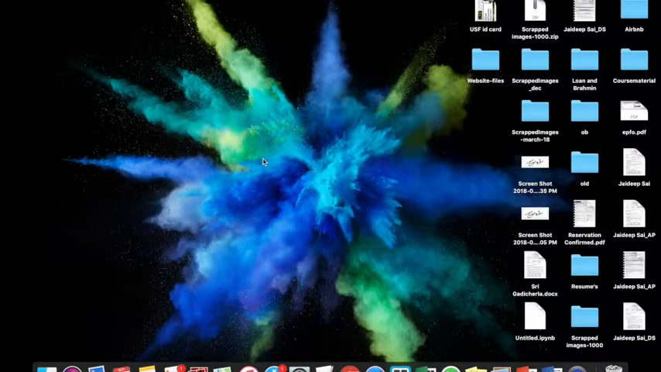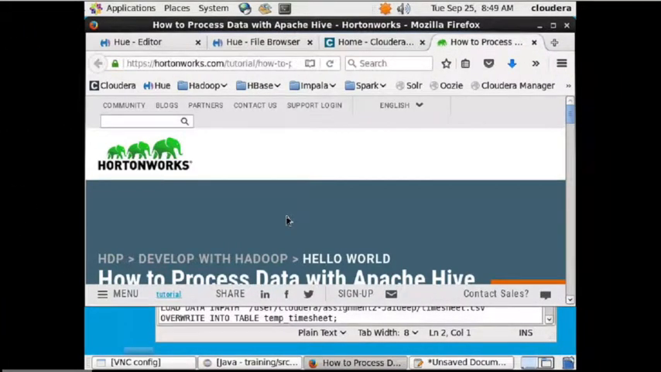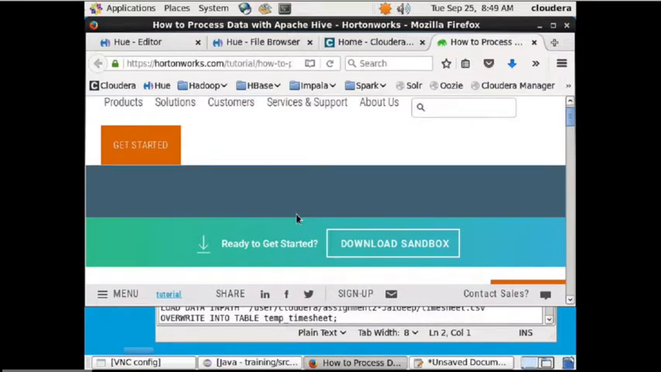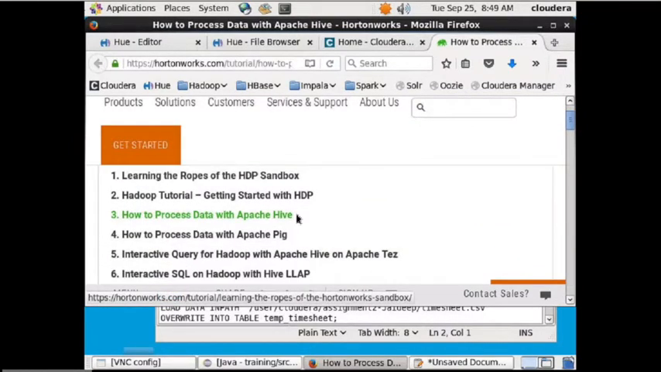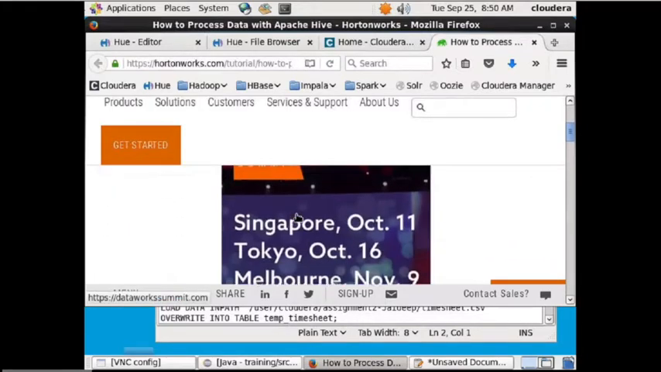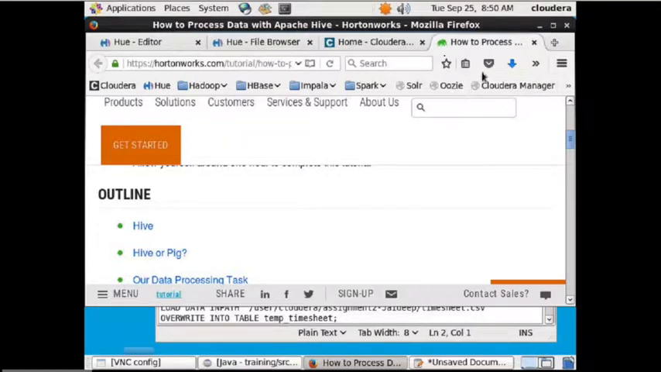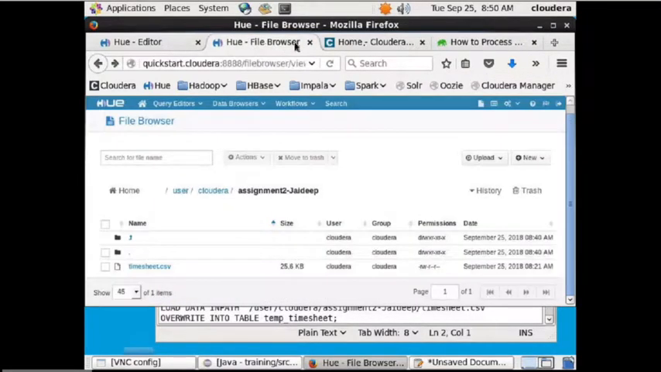So for the second assignment in the Hive tutorial, we'll be using the Hortonworks tutorial on how to process data with Apache Hive and Cloudera VM. For this, I'm using this tutorial where we have the datasets drivers.csv and timesheet.csv, and we even have the HiveQL code. So I started the Cloudera VM, and I created a folder with my name, and